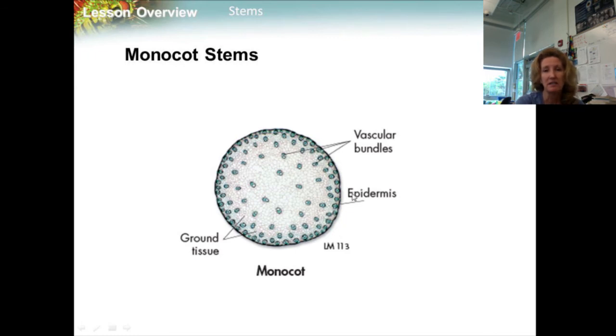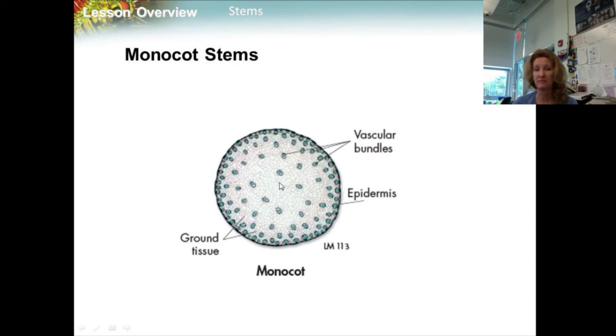In monocots, the clusters of xylem and phloem tissue, called vascular bundles, are scattered about through the stem, and the monocot stem shows the epidermis, which encloses ground tissues and the vascular bundles. The vascular bundles, as we said before, are scattered about throughout the ground tissues. The ground tissue, therefore, is fairly uniform, consisting mainly of the